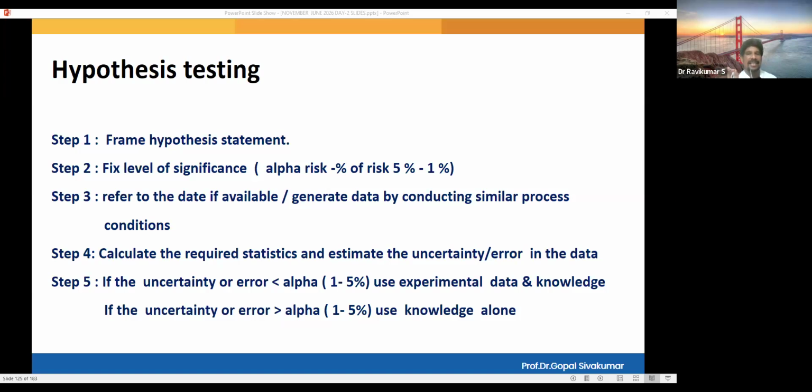In the statistical test, if you find that the error is more than the percentage which you fixed in step 2, reject that data. If it is less than the percentage which you fixed,